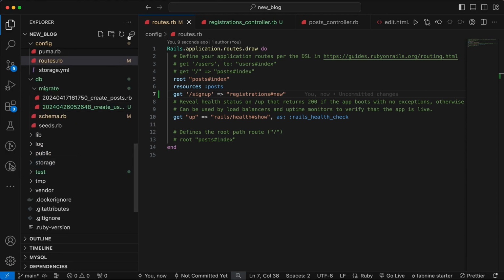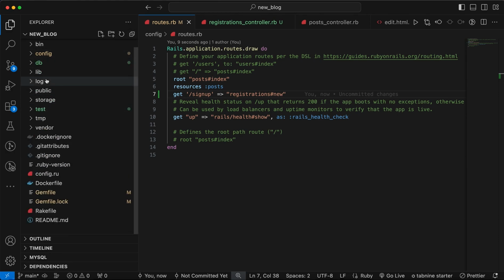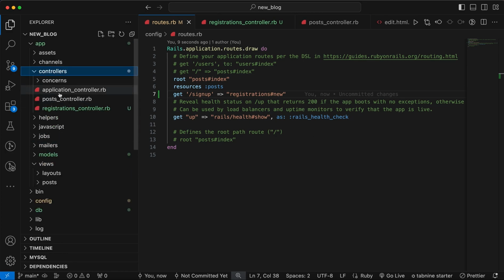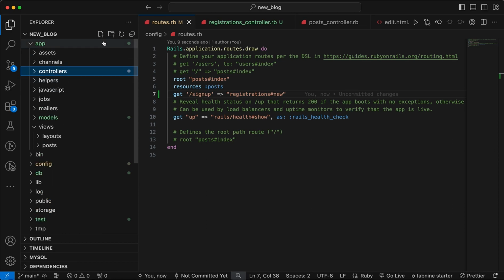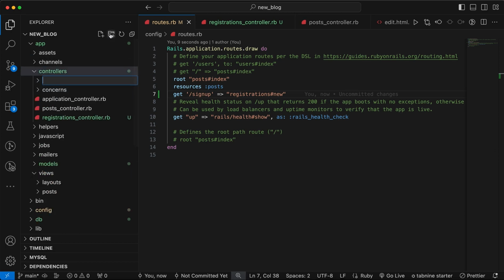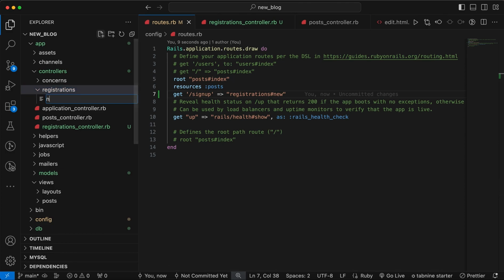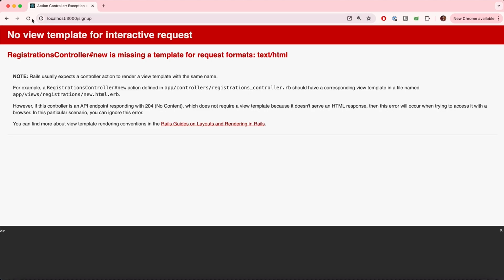Let's go to the views, app, and then views, and in the views we should have the same name, registrations. Let's create a folder, registrations, right? And in registrations we will have a file with the same name as our method name. It would be new.html.erb, right? And if we refresh,